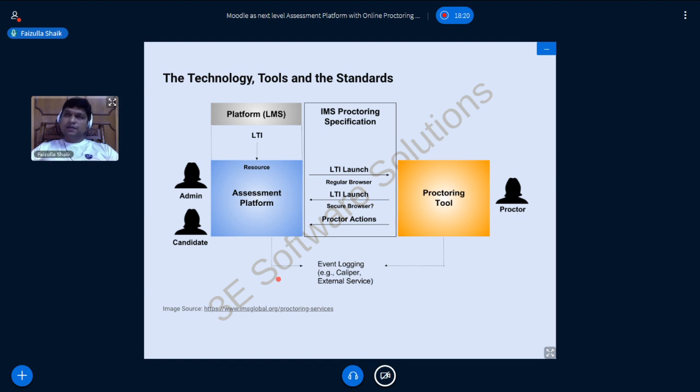So when that happens, obviously, all the assessments have to be done mandatorily online. At the same time, online proctoring will become more of a necessity than a comfort as well. So as we evolve, our needs will also evolve. Some of these needs will add to the comfort, and some will not be a matter of comfort, but more like a compulsion. It's something that we ought to do. There is no other option.